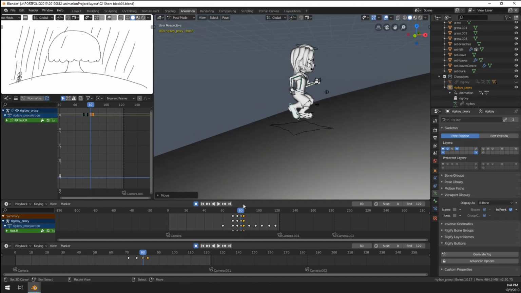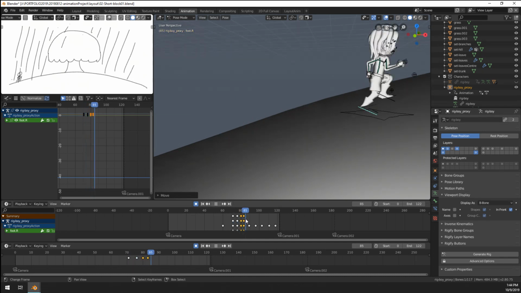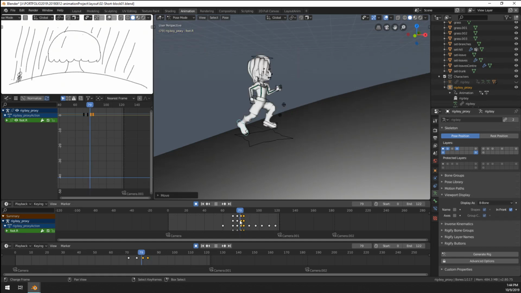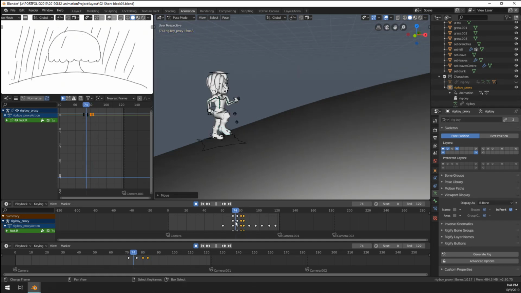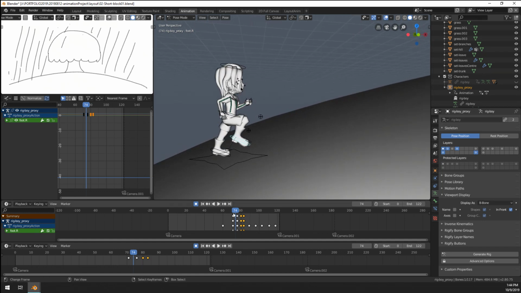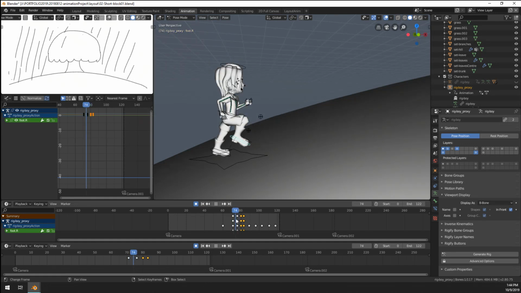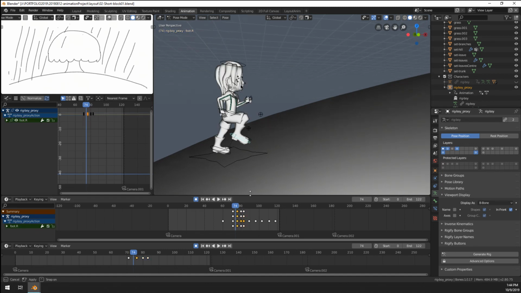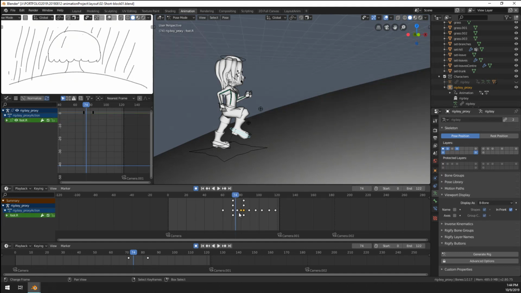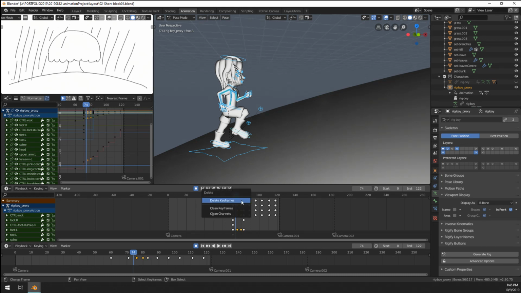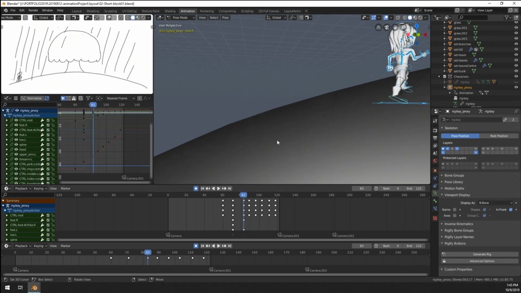Not sure if I should rotate that one. We kind of have that. Wait, let me see if I'm doing this correct. Right? So from this to this is a bit weird. Yeah, let's try this again. Here, do the keyframes here. So,